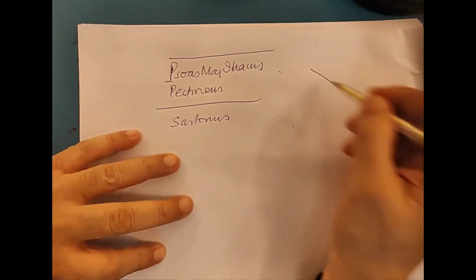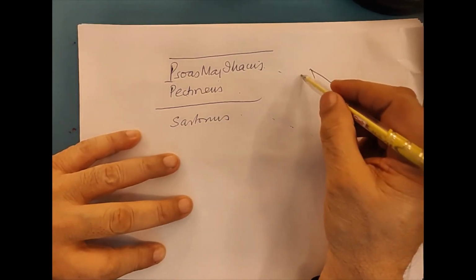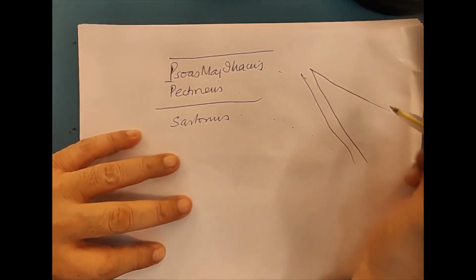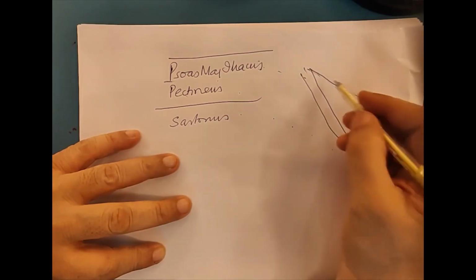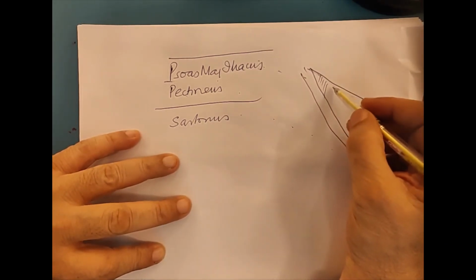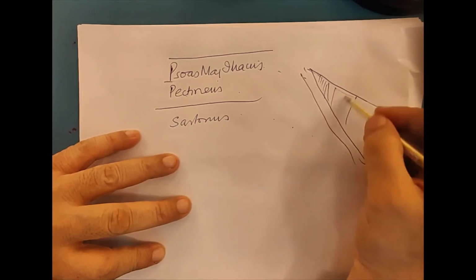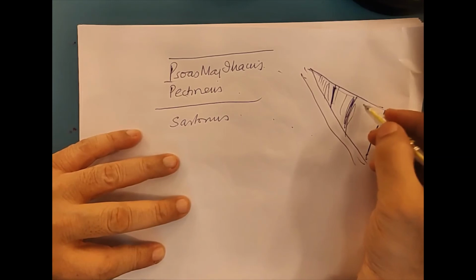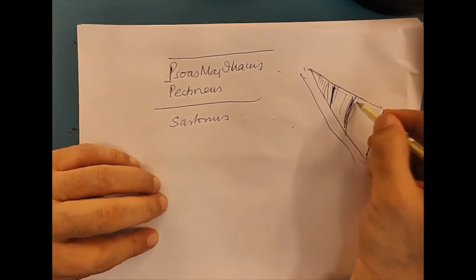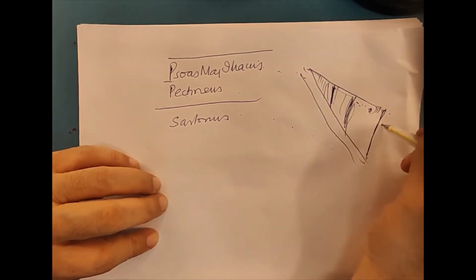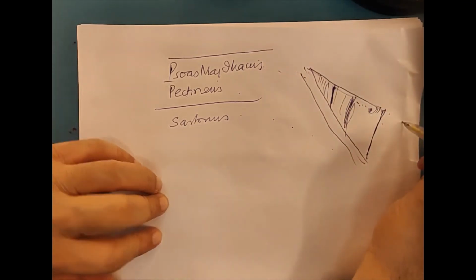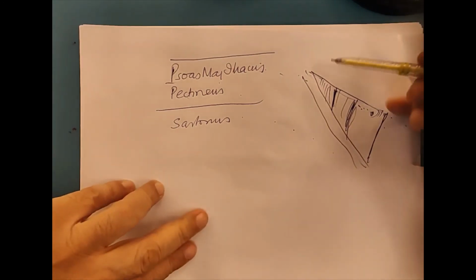boundaries of the femoral triangle. Adductor longus on this side, sartorius on the lateral side, inguinal ligament above, and here you have the iliacus, then you have the psoas, and then you have the artery, vein and nerve, the lymph node of Cloquet and the inguinal ligament like this. So these are the structures on the anterior border of the pelvis, between the pelvis and the inguinal ligament.